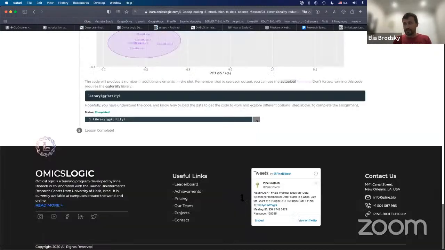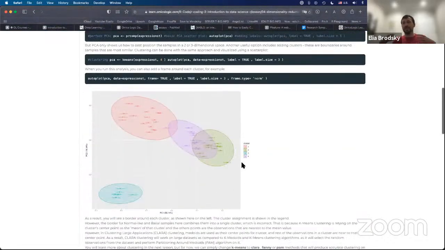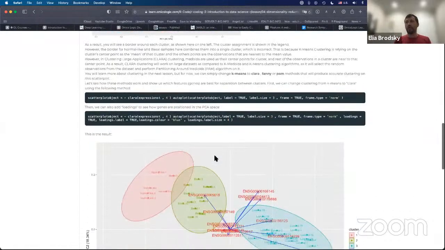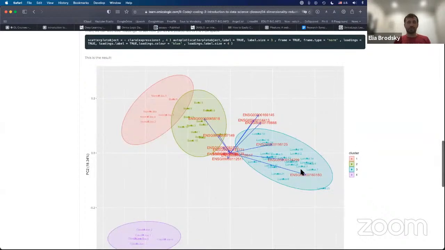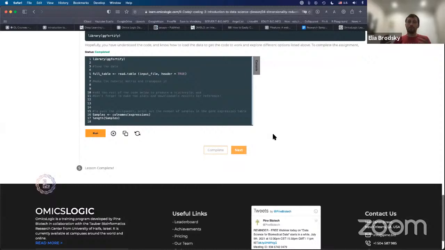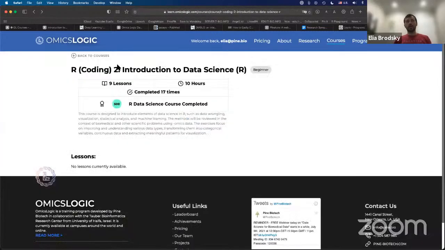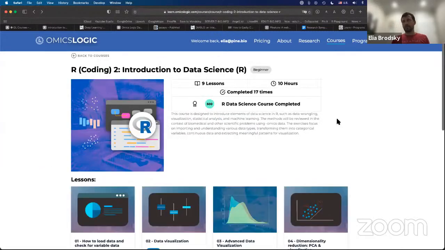Even after this, you can go beyond the basics and start including some additional information about statistical significance of separation, including clustering, how you can cluster this information, and all the way into feature significance, as we already discussed, so that we can make this even more interpretable. And so that is a huge component of this program, that we will not only look at some of the